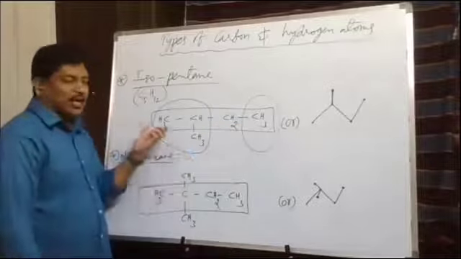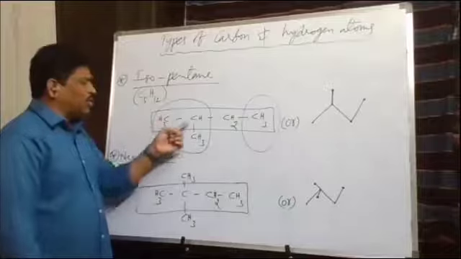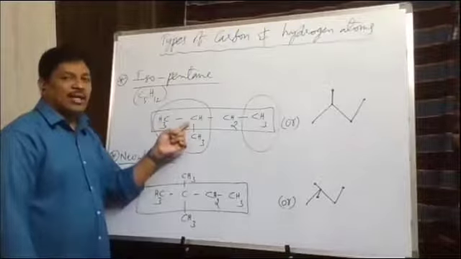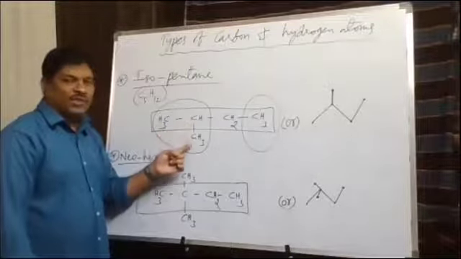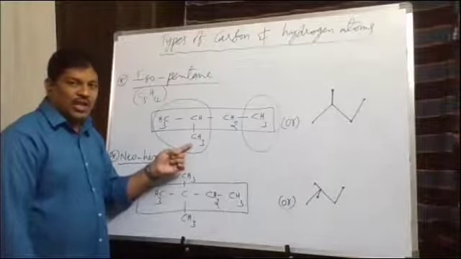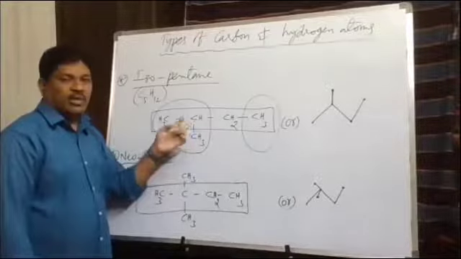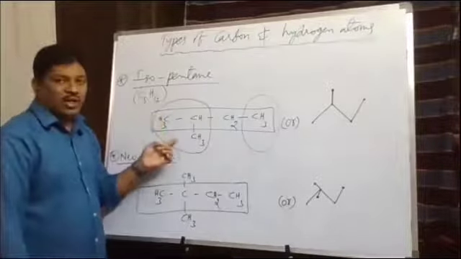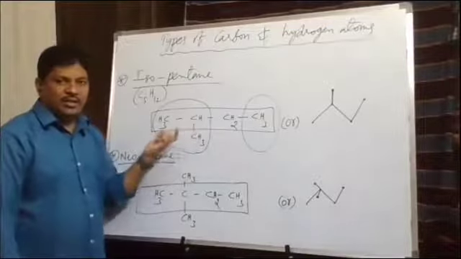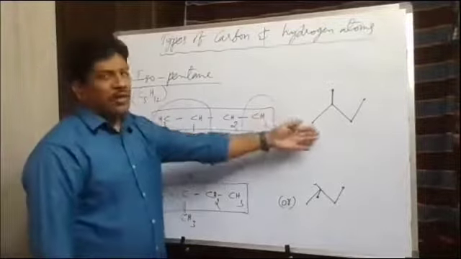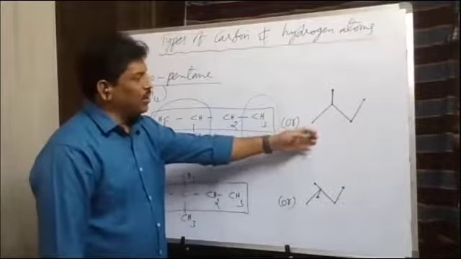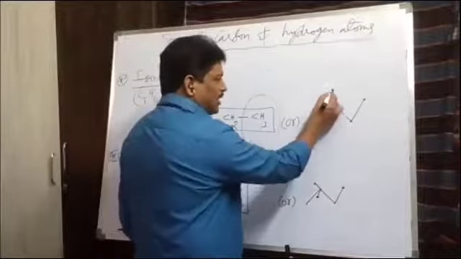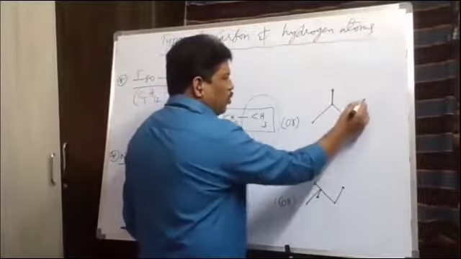Okay. Now in this case, we can also say that the last but one carbon, that is the second last. If we take this one as the last carbon and this is second last, the last but one carbon has one methyl branch. If one methyl branch is present on the last but one carbon, that is also called iso. So isopentane, C5H12, can be written in this structure. And for this structure, we can write the bond line structure.